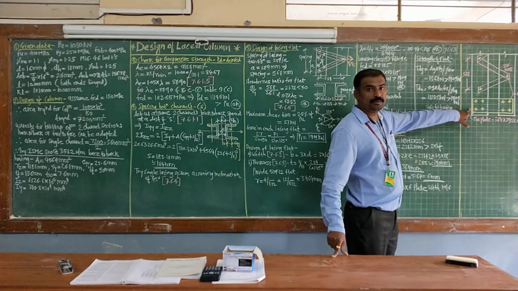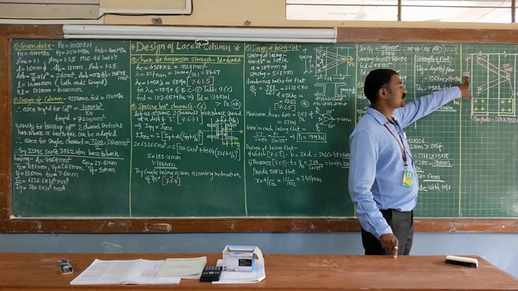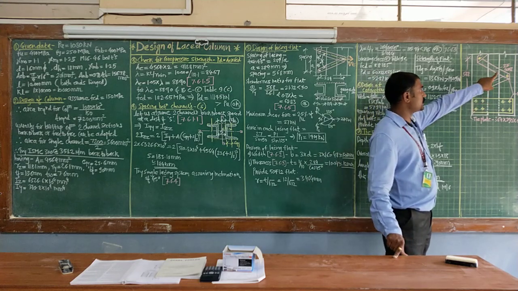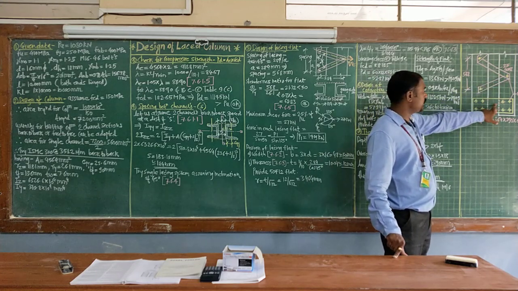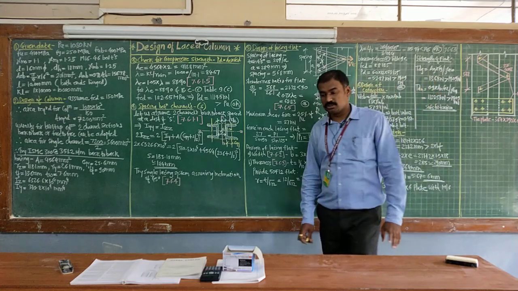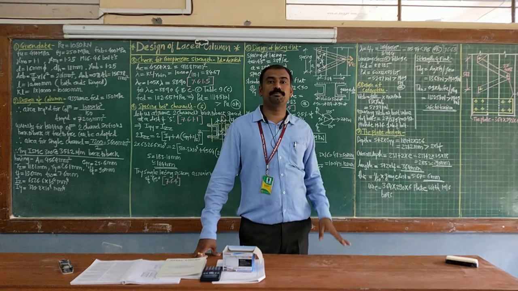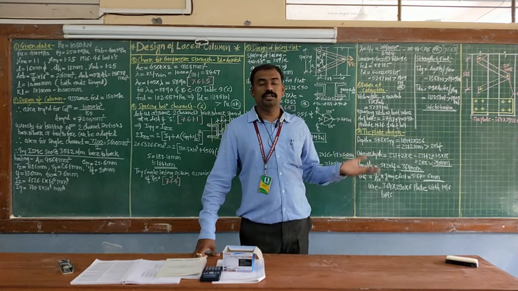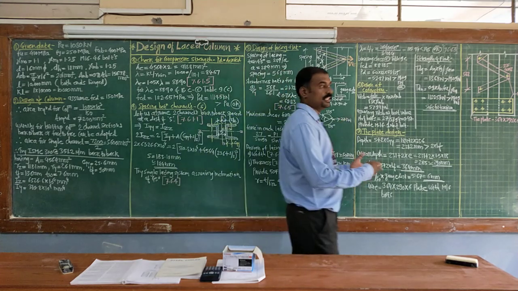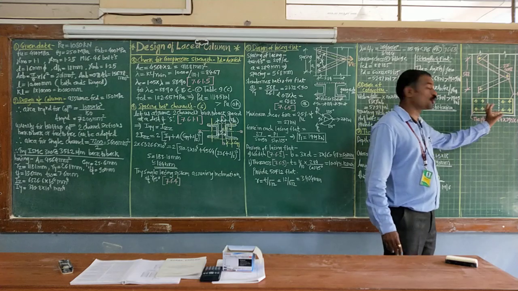at least your tie plate at the bottom side and one spacing of lacing. So the spacing adopted is 568 with M16 bolt, single bolt, and the lacing flat is of Indian standard flat 50 by 8, and these are the details of tie plates with bolts and again pitch distance or gauge distance. In some cases, suppose it is exceeding the maximum value of pitch distance, you can increase the number of bolts here. Here only 4 bolts I have shown. If it is exceeding the maximum pitch distance, you can increase one more row